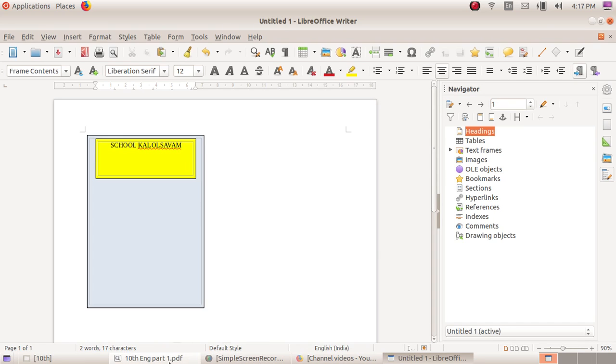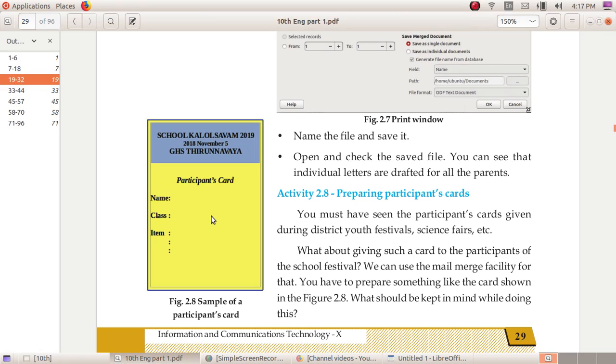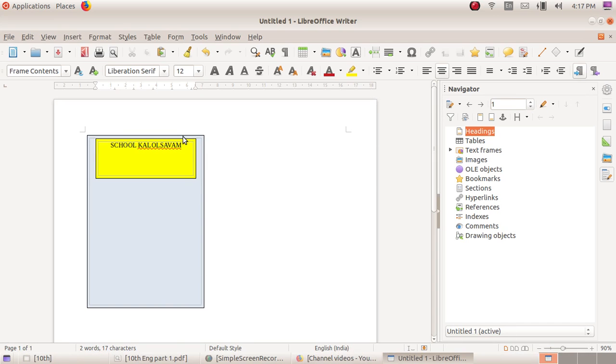Then you can type the year and date of this program and the school's name. The card consists of name, class, and the items of the student. The specialty of this section is that we are creating four participant cards in one page.